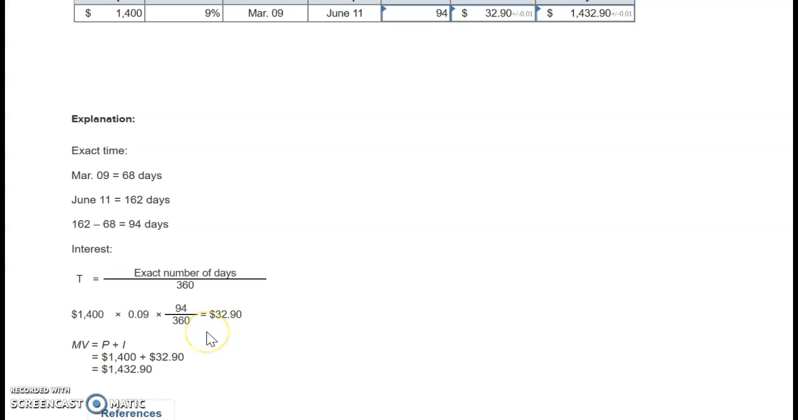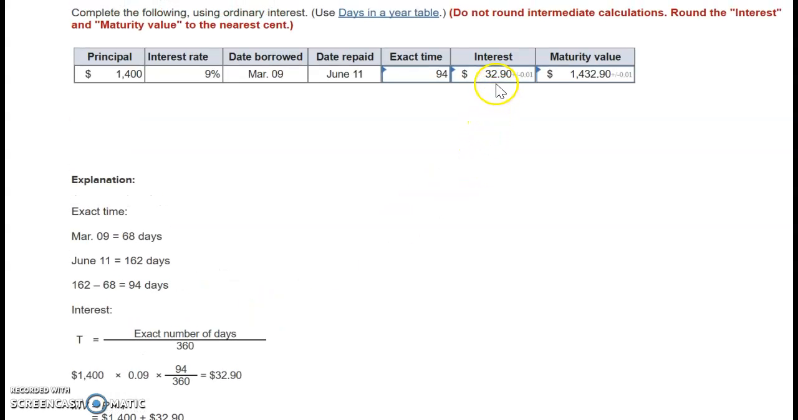According to the ordinary interest method, there are 360 days in 1 year. So that is going to be our denominator. When we calculate all this out, we come up with $32.90, which we put in our interest blank. And then to get the maturity value, remember maturity value is principal plus interest equals maturity value. Maturity value is what you pay back at the end of the loan term. So at the end of 94 days, we pay back